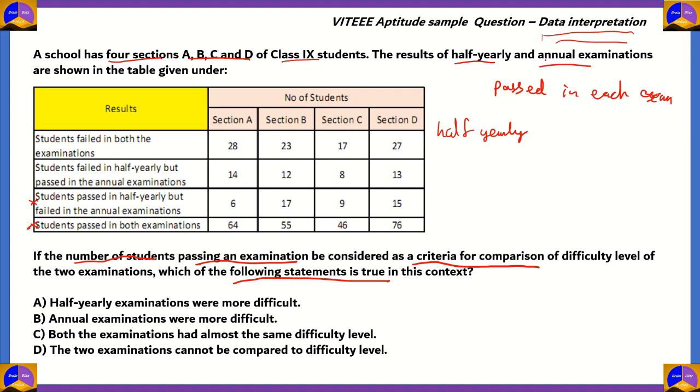If you were to look at the number of students passed in annual exams, then you need to check out the second row and the fourth row. Students failed in half-yearly but passed in annual examinations, as well as students passed in both examinations. So now that we know which row of data we need to use for both the situations, we can start adding up. So for half-yearly,